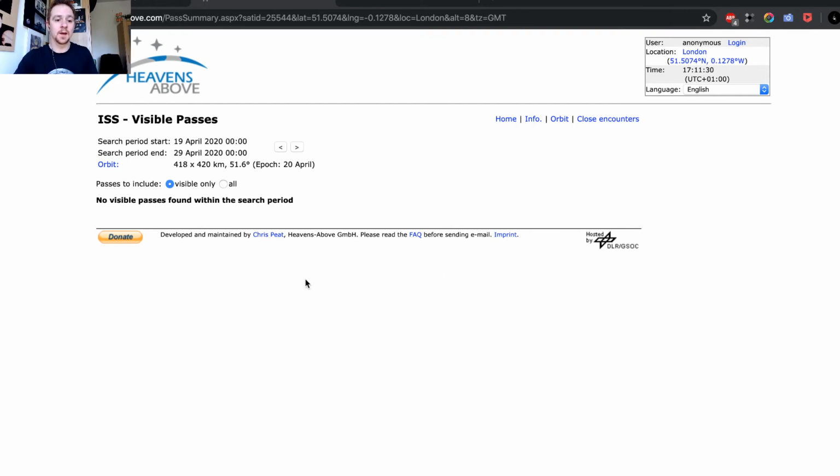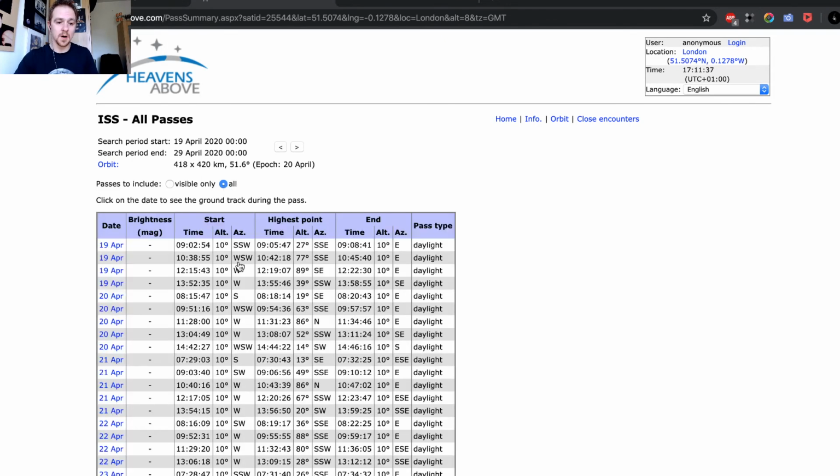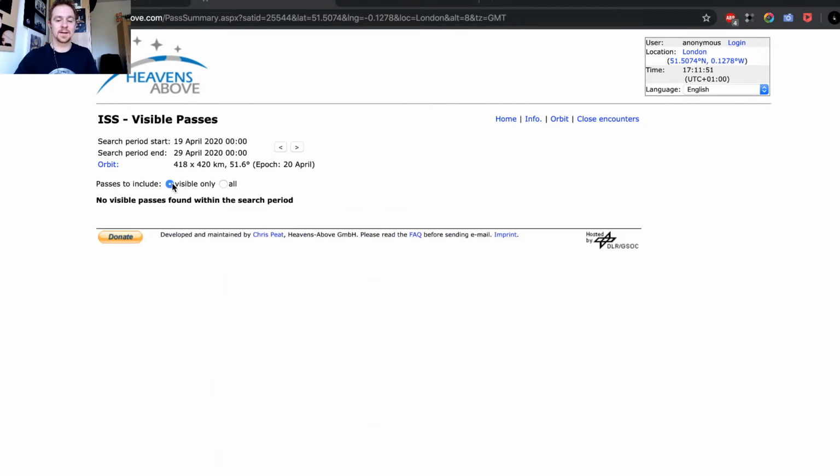The good thing is, you have two options. First of all, you can see all the passes, but you see it says on the right hand column, daylight, daylight, daylight, daylight, daylight. It means that these passes are all happening during the day, which is definitely not for beginners. But there are two arrows here, and you can go back and forth.